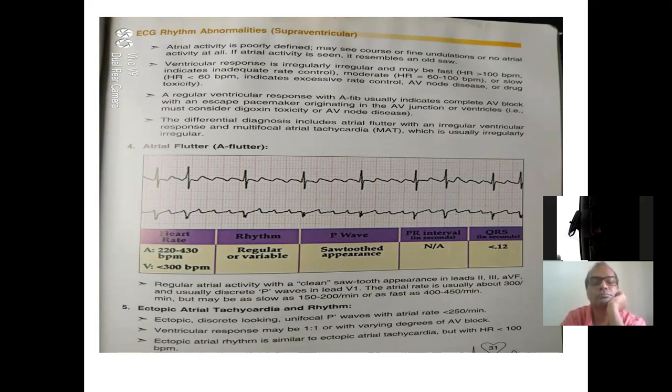Which is dangerous? Atrial problems are more dangerous, or ventricular problems? Ventricular problems. So in ventricular problems, the QRS complex. When the QRS is okay, but the atrial event, that is the P wave, is not okay, the patient will still survive. You need to understand this. Why? Because the ventricular activity is the contraction of the QRS complex. The ventricles are contracting at the rate of 75 per minute, correct? Yes, sir. So the patient will not have problem.